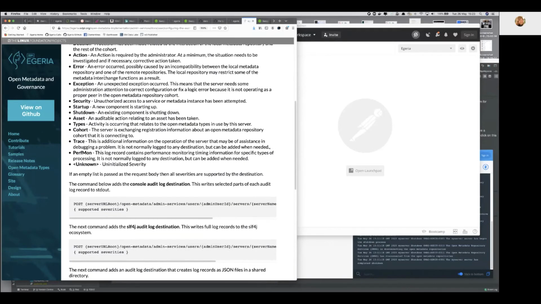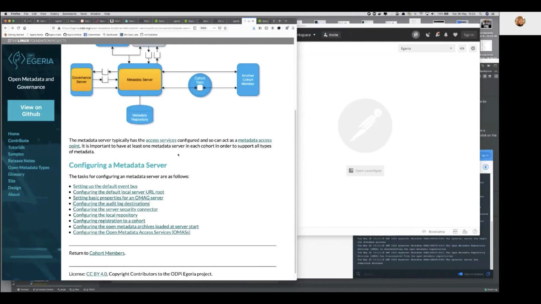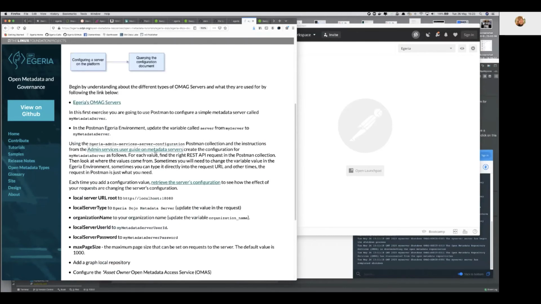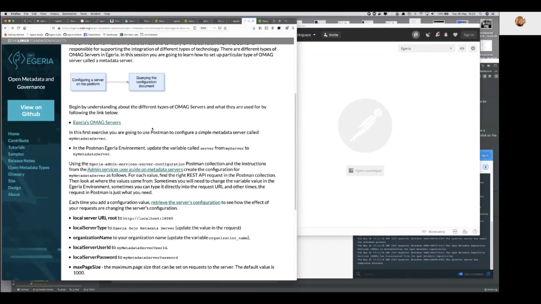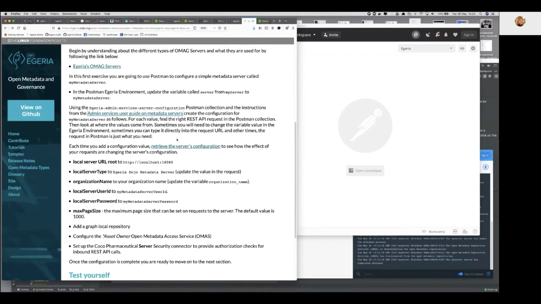So this is the official configuration guide. And this is back in the tutorial. So here is a list of things that you need to configure. So use the admin guide,